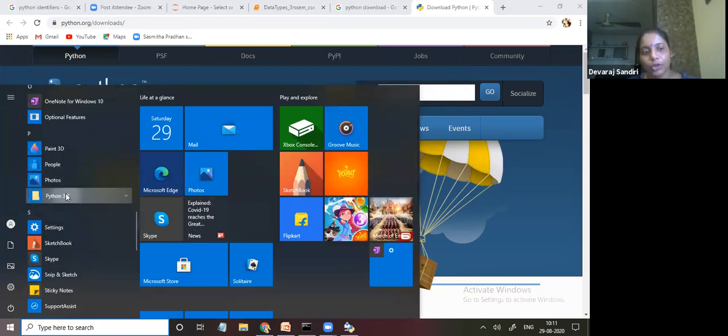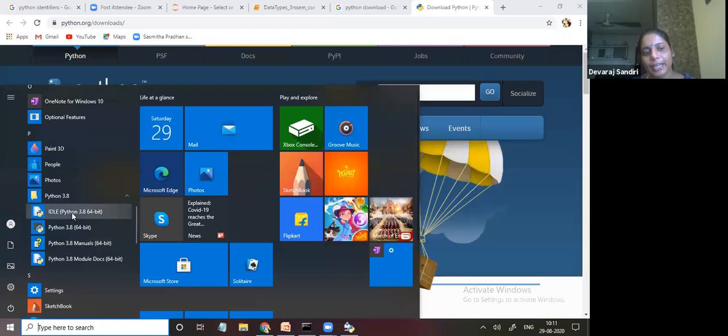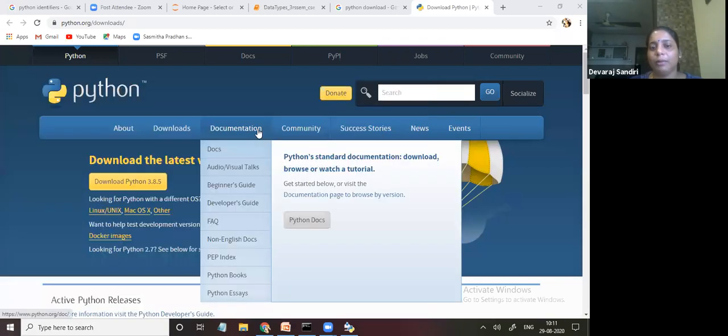Many versions will be there: Python 3.8, Python 3.8 manual, Python 3.8 manual doc. Ideally, you have to click Python IDLE. Double click.